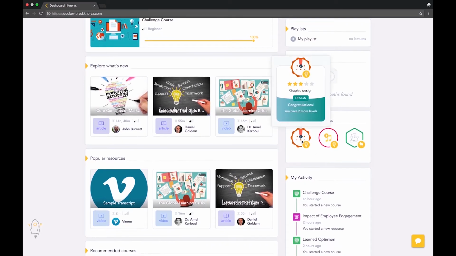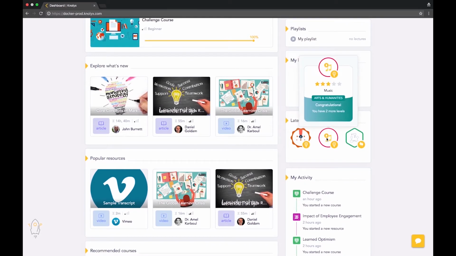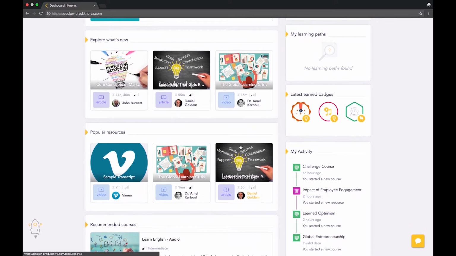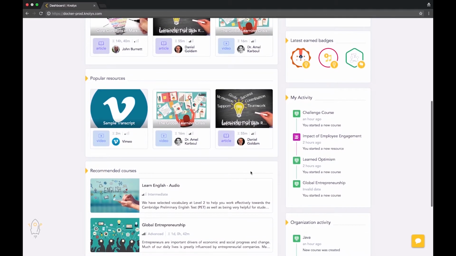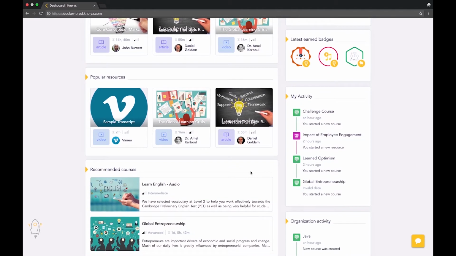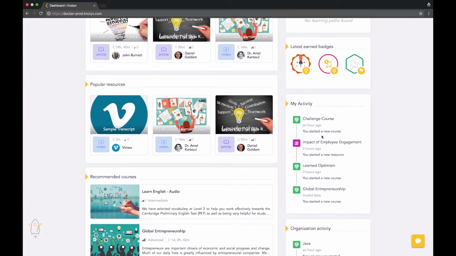The Latest Earned Badges section, which includes the badges that I have received after finishing the courses. The Popular Resources section, which are the resources that have been accessed the most. The Recommended Courses section, which includes the courses that have been recommended to me by other participants or by the creator or trainer. My Activity section, which includes the courses that I have started, the resources that I have used,